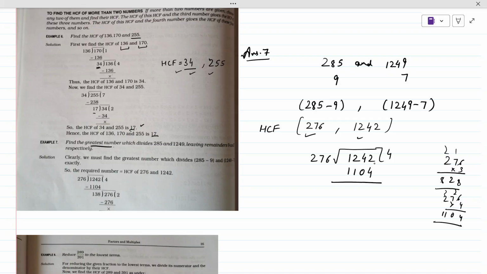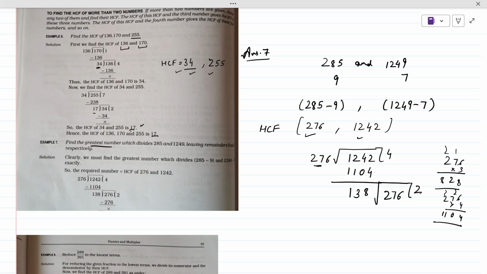If I will subtract 12 minus 4 will give me 8, and 3 here, 38. Now this 38 is a non-zero number. So we will go to step 2 and we will divide 276, this number, the old dividend, with 38. Sorry, this is 138. This is 138, and when we will do this,